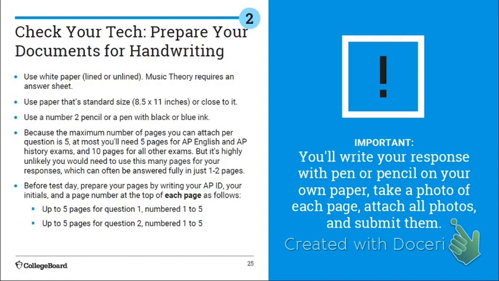So if you think you might want to handwrite something, you can use lined or unlined paper, okay? Use standard size, use a number 2 pencil or blue or black ink. I don't imagine you guys would need more than 5 pages or 10 pages. I mean, that's kind of different if you wanted to handwrite your answers for like an AP Lang exam. I don't think that's going to apply to us. Okay, but if you are going to use multiple pages, you might want to number those pages.